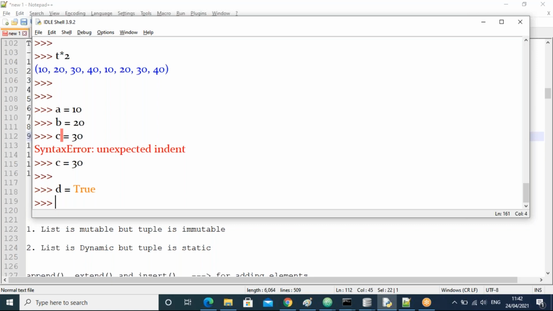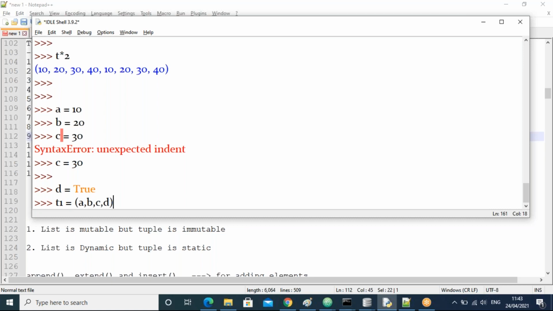So I'll take here a comma b comma c comma d, assign to a new object called t1, guys. Okay, t1. So here, is it mandatory to take the brackets or not, guys? Let me know. So I want to create the tuple from different objects, from different variables.